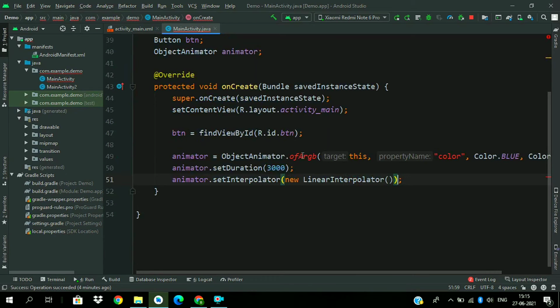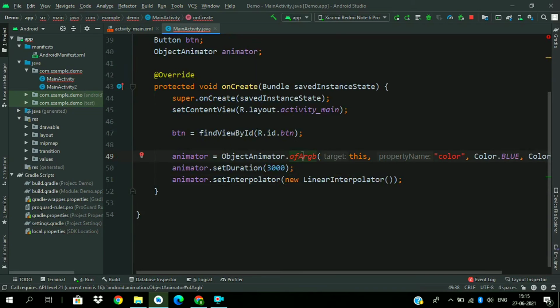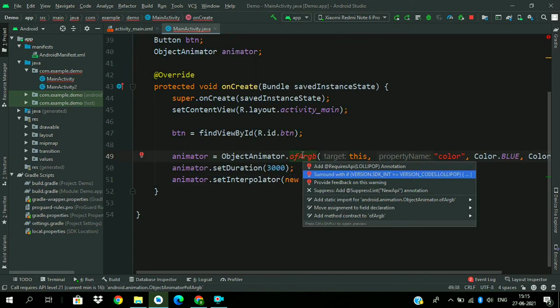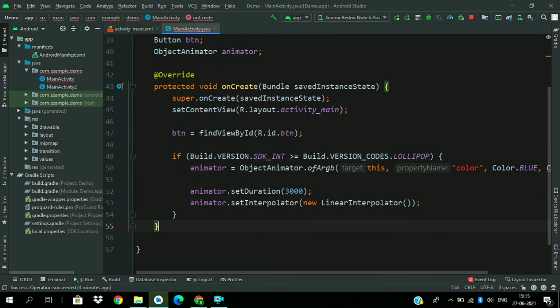Object Animator is supported for versions greater than 21 only. So we have to press Alt Enter and create an if condition. So if our version SDK is greater than this, then this animator will be created.